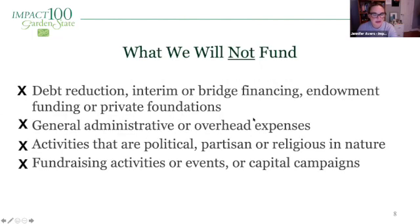Okay. We do not fund debt reduction, interim or bridge financing, endowment, or private foundation funding. Garden State does not fund general operating expenses as defined rigidly, but any funding request must be directly tied to the proposed new project or expanded program. So while program-related expenses like staff salaries, rent, and other supplies are eligible, we will not fund the recurring costs for the whole organization. So just be very clear to tie your budget lines to the program directly in your